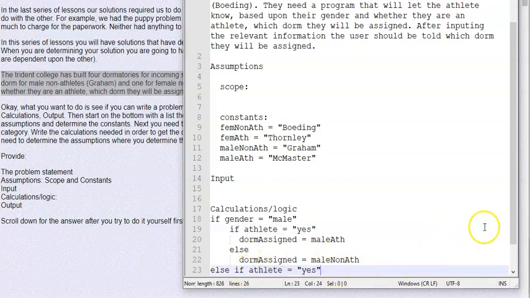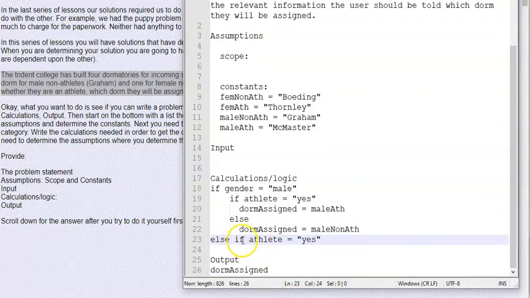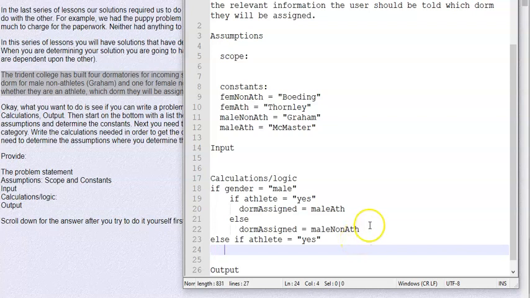Control-V. And this is the new thing we have for this one. This is an else if. And we use the combination to save a pair of braces. And I talk about that in the lesson, so I'm not going to talk too much about it here because we're already up to 7 minutes. All right, so if it's true, then the dorm assigned. Now, what we can do is we can copy this,